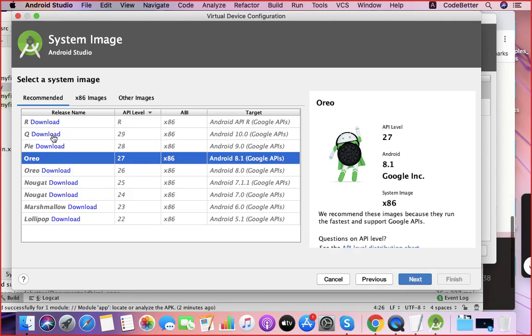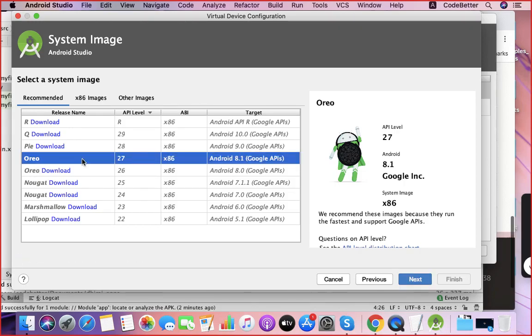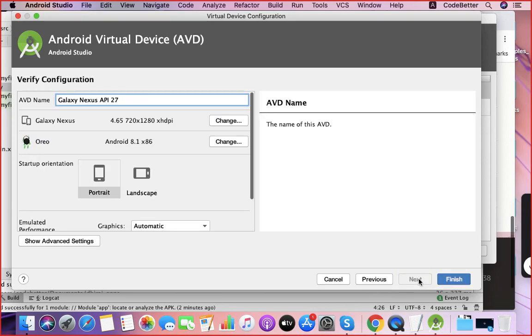Now since I have already downloaded Oreo, I select Oreo because it may take some time to download. It is 1.5 something GB minimum. So I click on the next button to select the Oreo Android OS version. Then you give some name to this phone. Let's say Dheeraj phone.